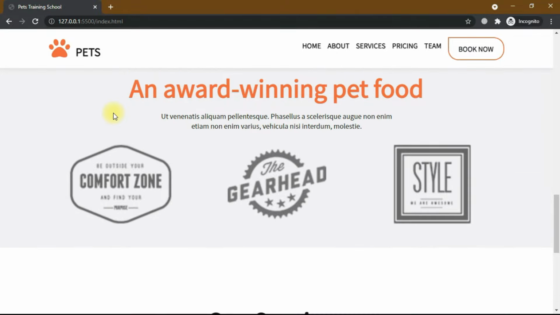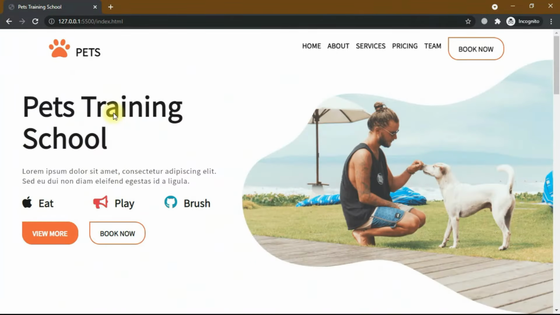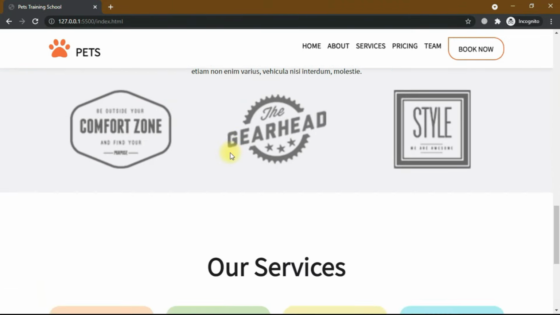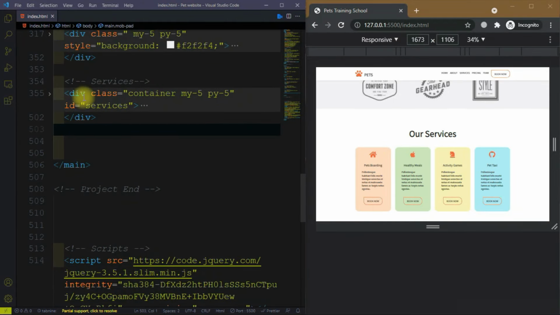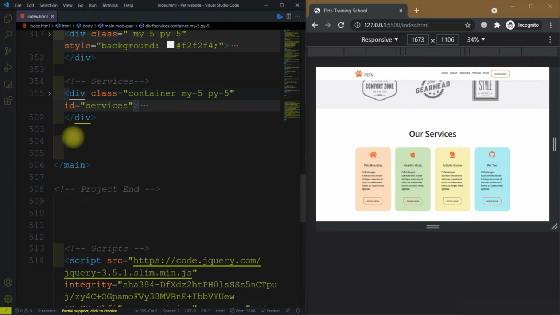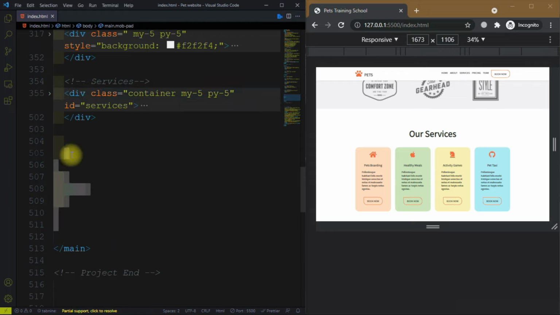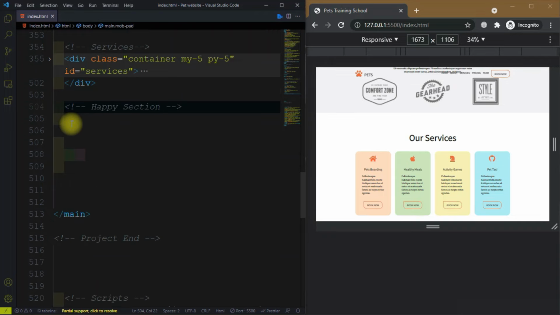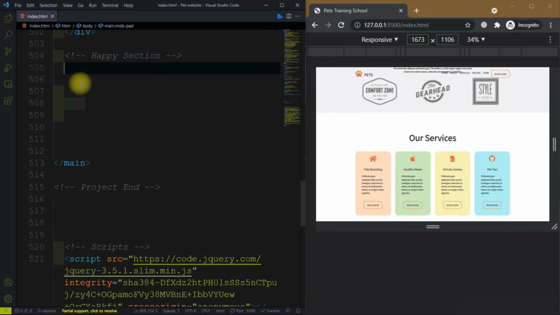So we have pet food section and activities and exercise section. So after the service we will create the happy section. So let me add some space and give it a comment happy section, then create a div and give it a class is equal to row,